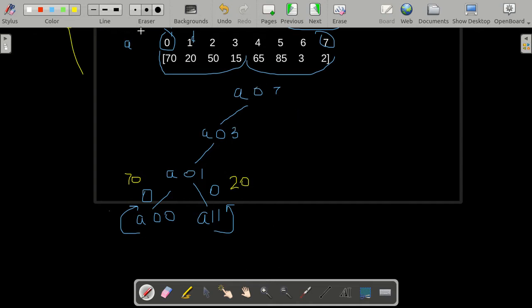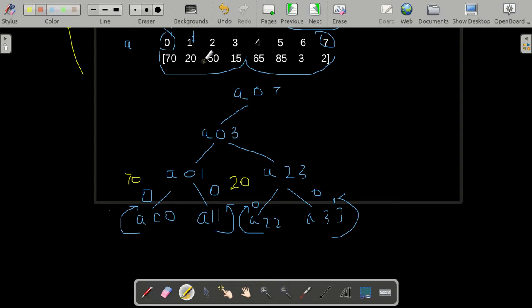Now first we will see the rest of the tree and then we will go to the merge algorithm. So from here we will have another call which will be from 2 to 3. This will take another call from 2 to 2 which will return 0. And over here we will have a call from 3 to 3. This will also return 0. Now for 2 to 3 the number that we were using was 50 and over here the number was 15.